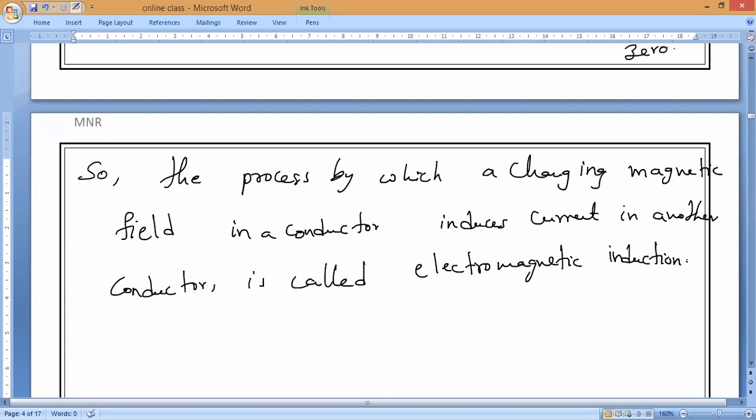So electromagnetic induction means the main principle is changing the magnetic field. You can observe in all the experiments, we are increasing or decreasing the magnetic field. When the magnet is pushed in, the magnetic field increases. When it is pulled out, the magnetic field decreases, as in the earlier experiment. Here also, when I switch on, the magnetic field increases, so that